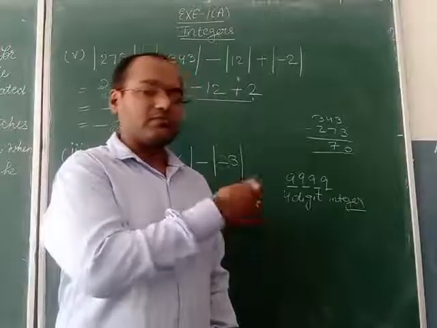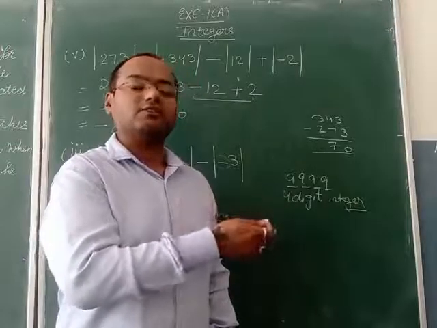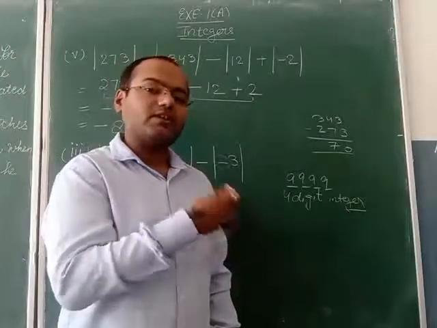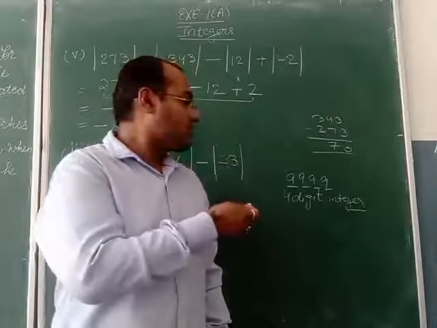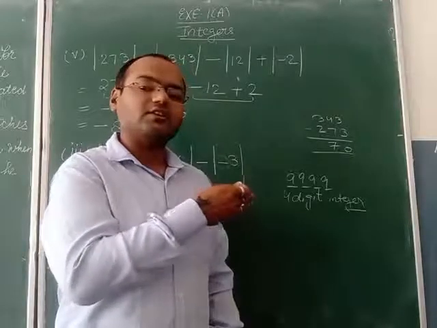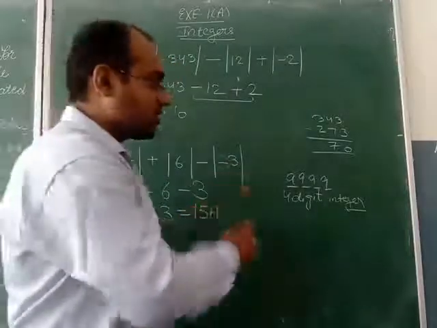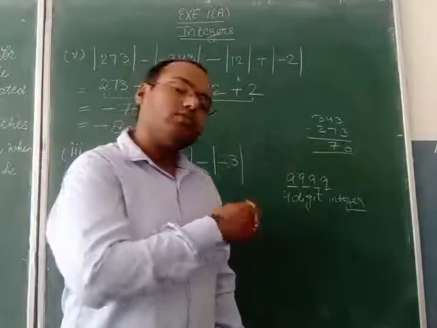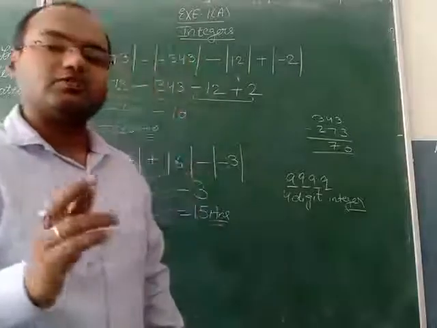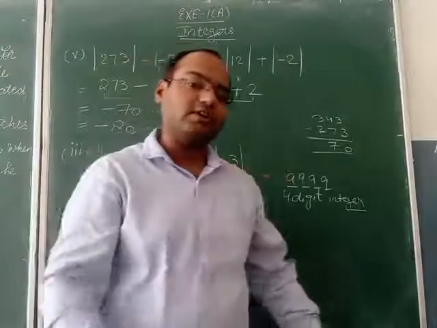Largest integer, 5-digit numbers are also there after this, 6-digit numbers are also there, 7-digit numbers are there, 8-digit numbers are there. So this is not the largest integer. If in the question it were written that the largest 4-digit integer is this, then the answer would be true. But now this answer will be false because in the question it is not given that it is a 4-digit integer.